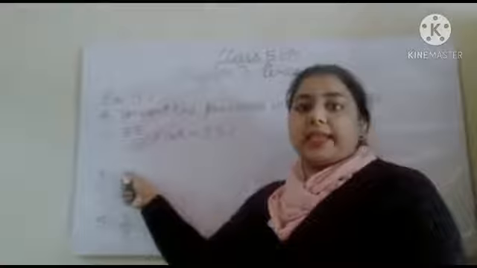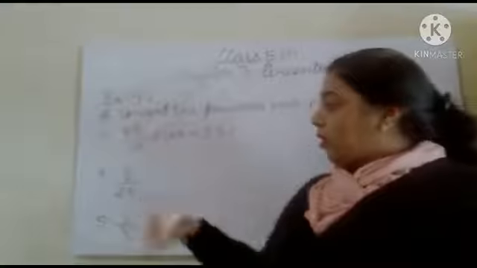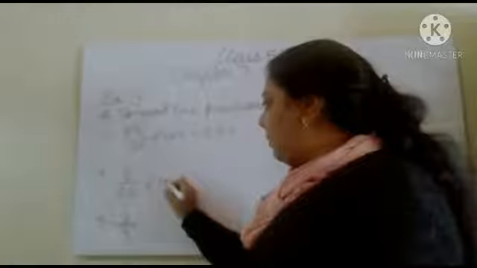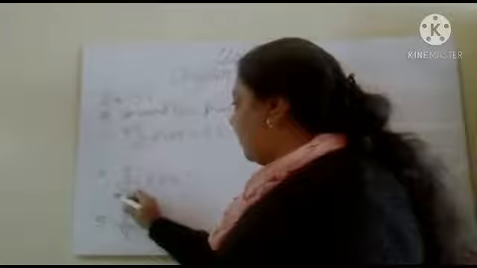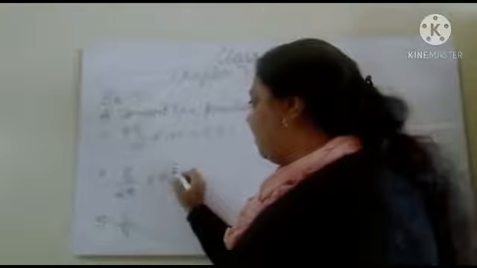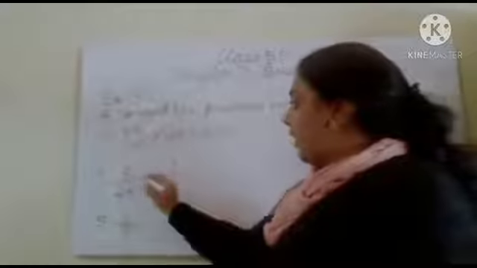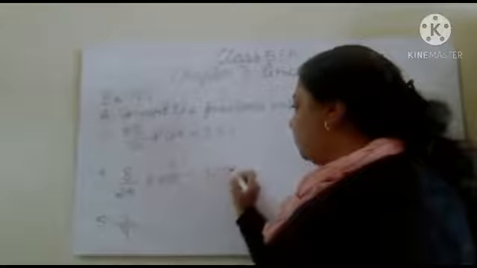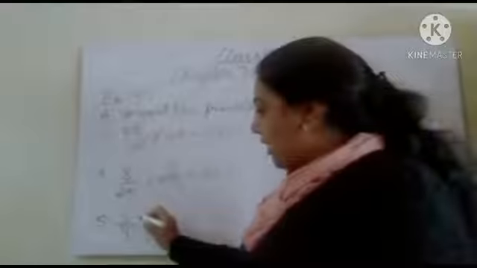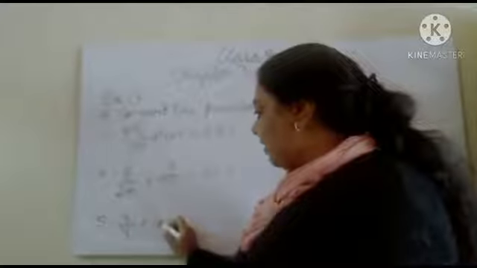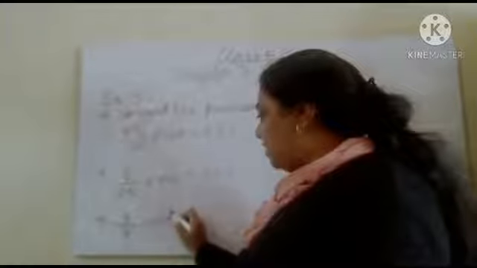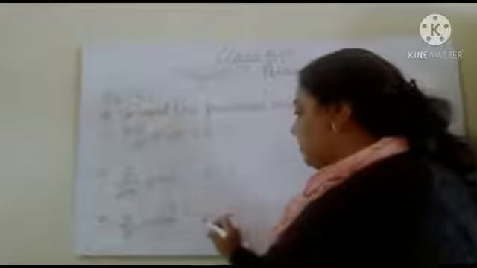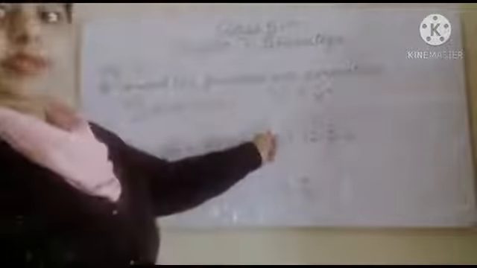Now fourth part is 8 upon 25. So for convert into the percentage we multiply again with 100. Now this will cut by 25 as 4 times. So 8 fours are 32%. Now 3 by 4 again 100. 4 cut with 100, 25 times. 25 threes are 75. That is 75%.